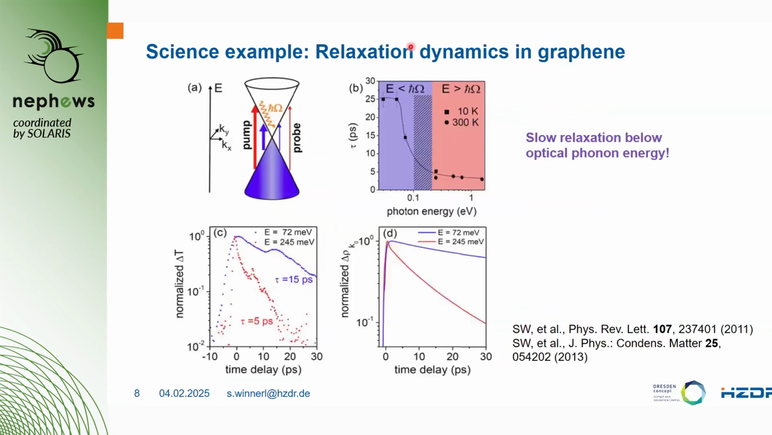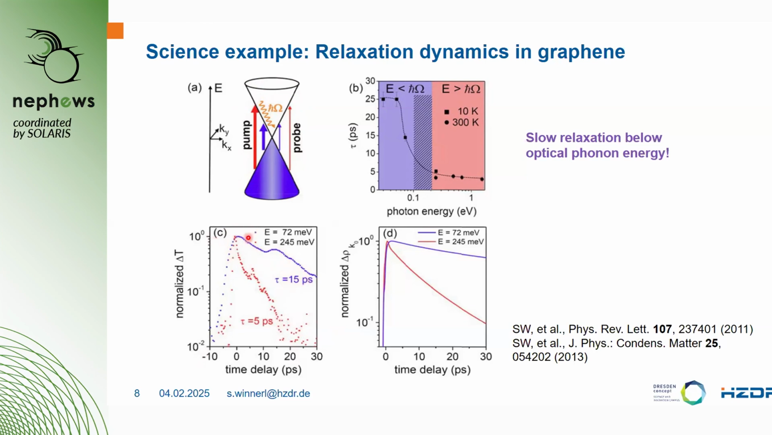As an example, some years ago, we looked into graphene, so monolayer of carbon that has this Dirac-like band structure. So we pumped at different energies, but always the pump and the probe energy was the same. And we excited electrons from the valence to the conduction band in this Dirac cone, and then there's Pauli blocking of these electrons, and one gets an increase in transmission because of this Pauli blocking, and then a characteristic decay